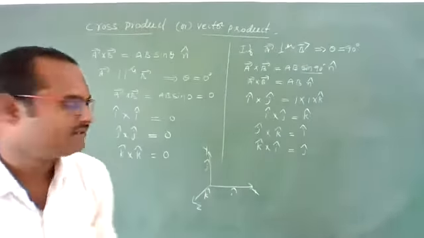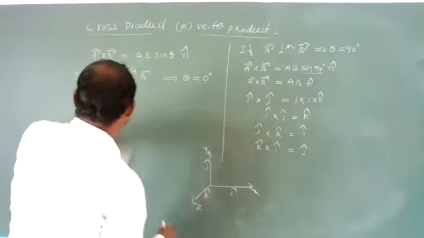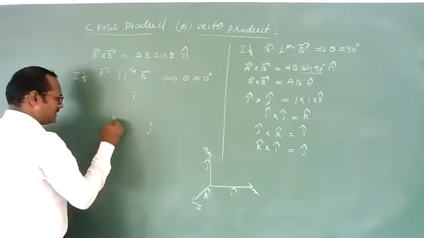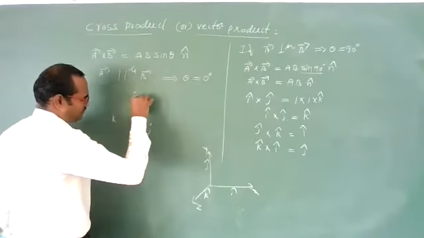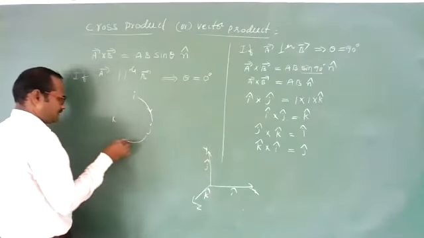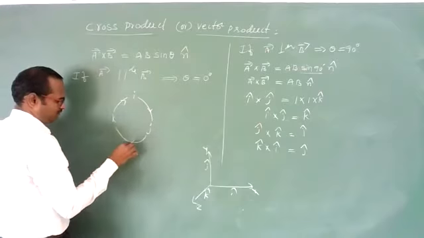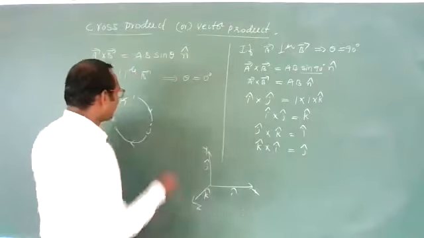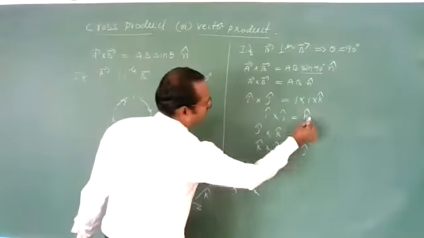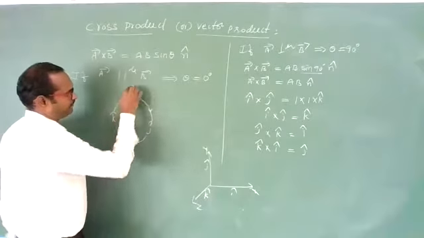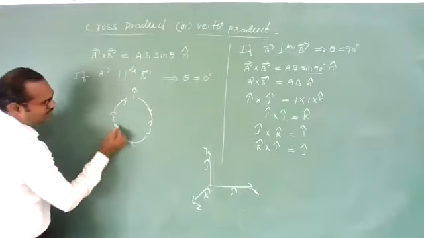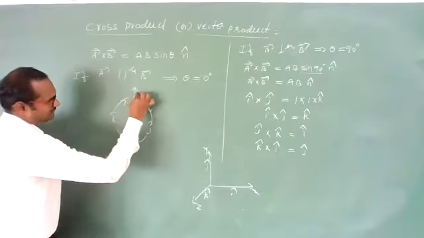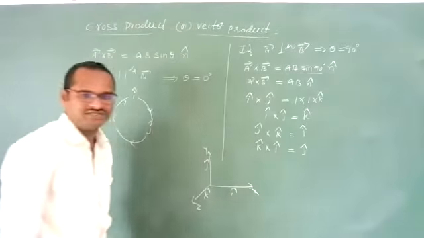Still, if you are feeling difficulty, you have one more way. Students, this is i, this is j, and this is, let us suppose, k. Now, if we go in the clockwise sense like this, i, j you are having in an order. I, j, k, remember. I, j you are having, the missing one is k. So k cap. And if you are having j and k in an order, the missing one is i. Or if you are having k and i in an order, the missing one is j. Like this also you can remember.